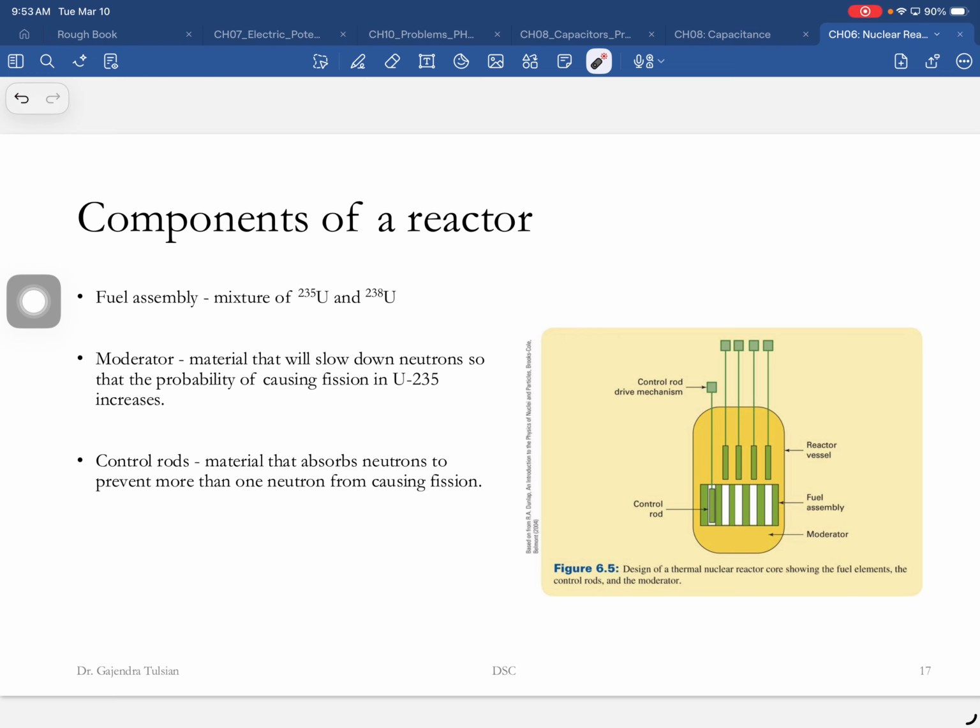And here is the moderator. In this case, the moderator happens to be water, and the moderator is also taking away the heat, absorbing the heat. When a nucleus splits, this gets hot,